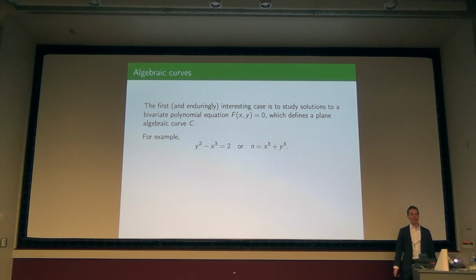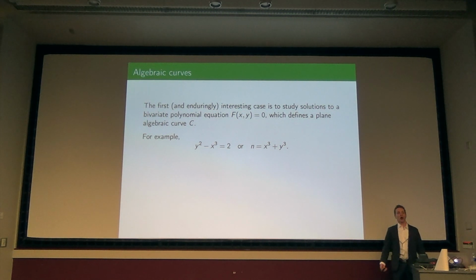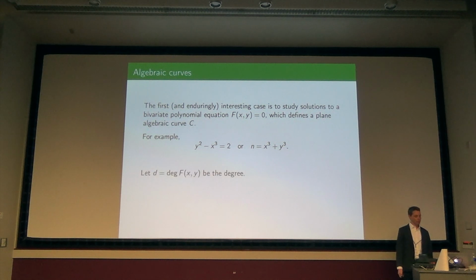Okay, so here are some of the plane curves that we've seen in the previous slide. The first one is, can a square and a cube differ by 2? I guess you need the other one here, I didn't say in which order they differ, so you also want the -2 there. And can an integer be written as the sum of 2 cubes? That's n equals x cubed plus y cubed. So that's what these equations look like. We want to be able to plug in rational numbers x and y, or maybe we are even more rigid and we want integers x and y to plug in. That's what we're interested in doing, and we find it beautiful when we find solutions or we prove that there are no solutions. So that's what we're going to try to do.